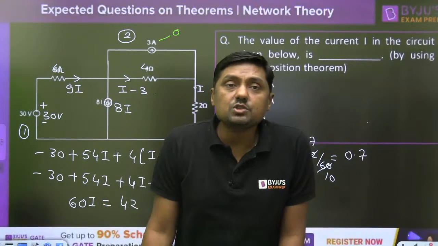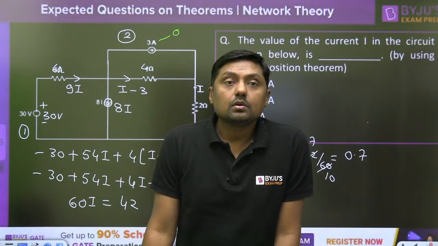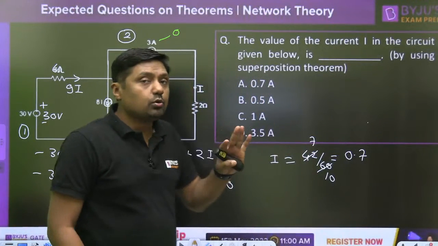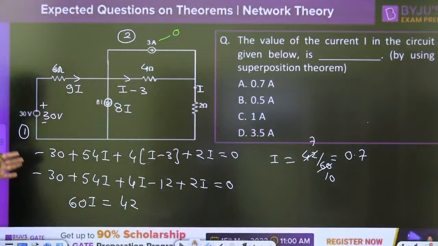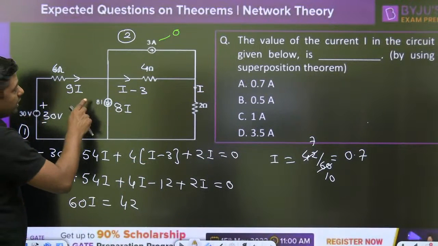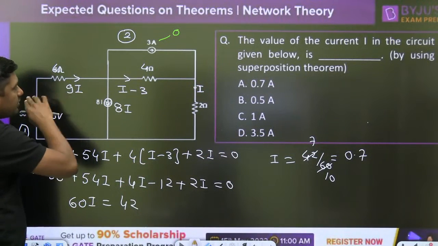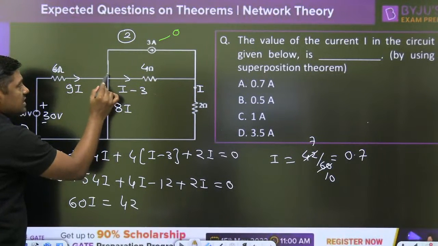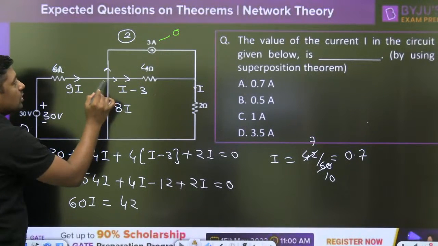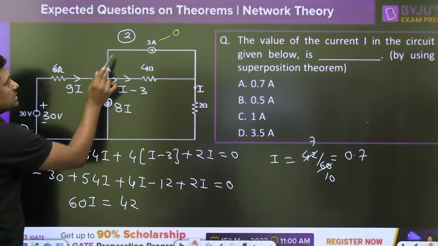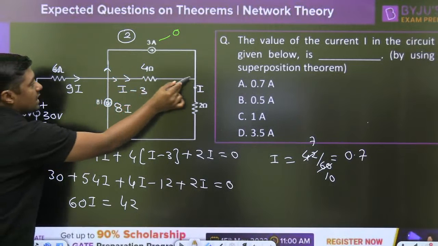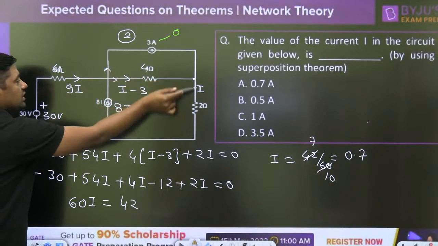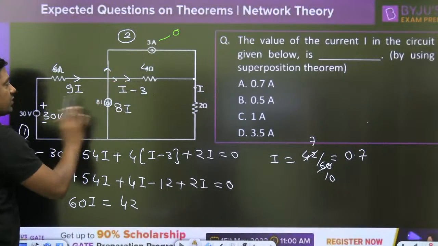So tell me which method is better. No, it is not necessary. But if I1 and I2 are asked, superposition is a very simple method. Here, how am I distributing? This is the 9I, and how am I getting 9I? Because it is 8I plus I, the final current here. This I is distributed into 2 branches. This is the 3I, this is the 4I, because ultimately the I will enter into these 2 and leave these 2. I minus 3. This is very simple distribution.